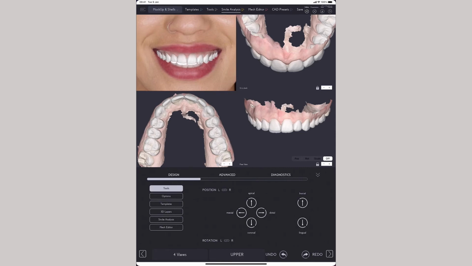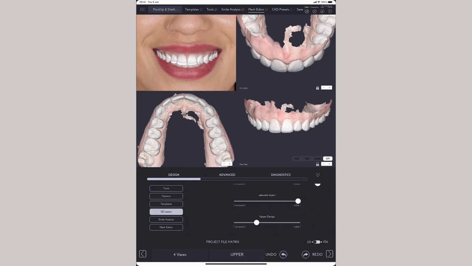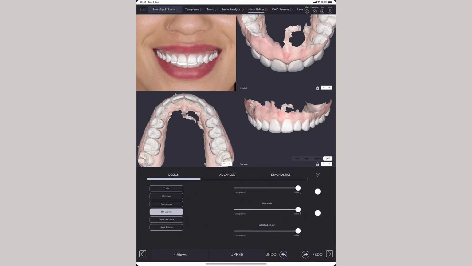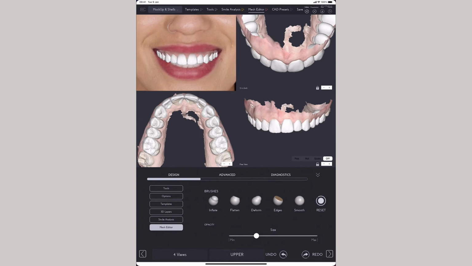Okay, so let's go back to our smile analysis. Once we have the measurement done, the next step is to go to Mesh Editor. Mesh Editor allows you to add or subtract part of the tooth template, and you can of course also alter the position of the STL maxilla. So the way it works, I'm going to go back to 3D layers and make sure I have the transparency, the upper design visible. And now when you tap on Mesh Editor on the top right,